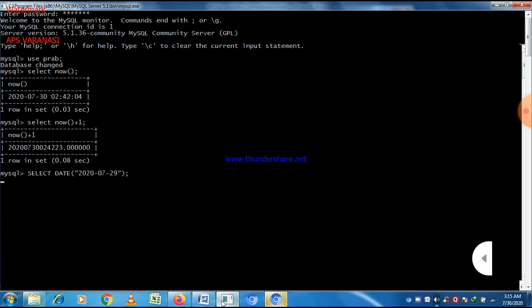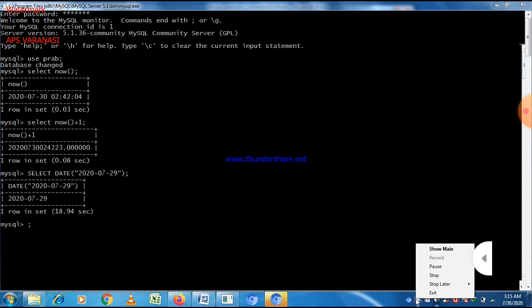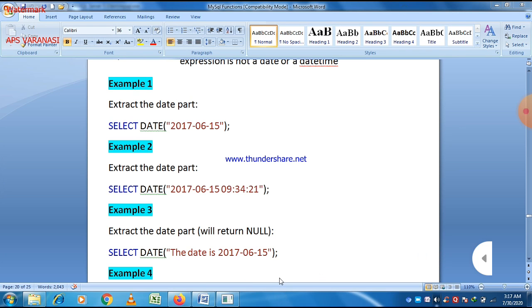After the execution, you can see that it takes some time here. Okay, now you can see the date 2027, so it returns a date to us.